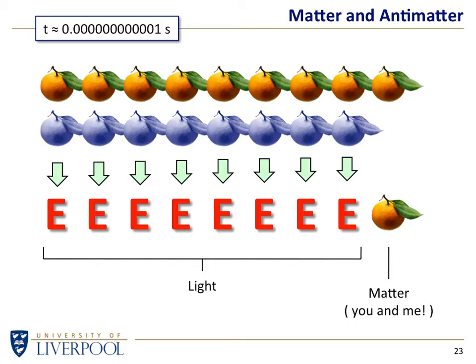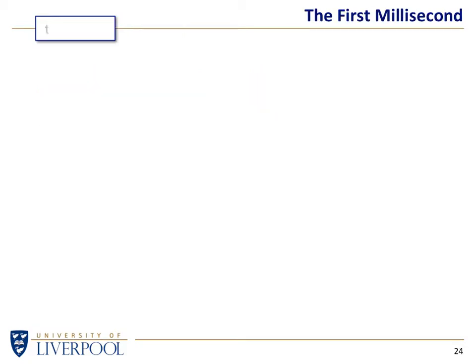So we're glad that there was an imbalance. If that imbalance didn't occur, there would be no matter in the universe. The universe would be full of light and nothing else. It would just be light bouncing around the universe. There would be no stars, no galaxies. So we should be thankful that for some reason matter gained a slight excess over antimatter, and what's left is us.